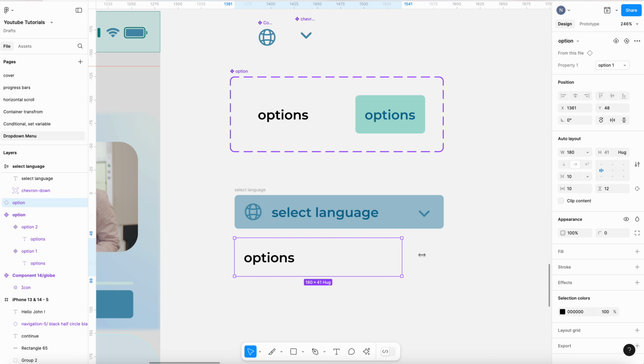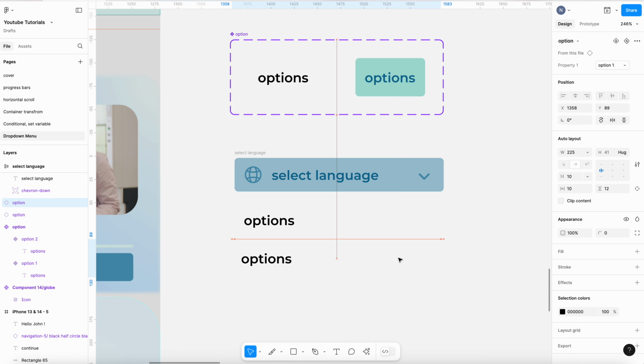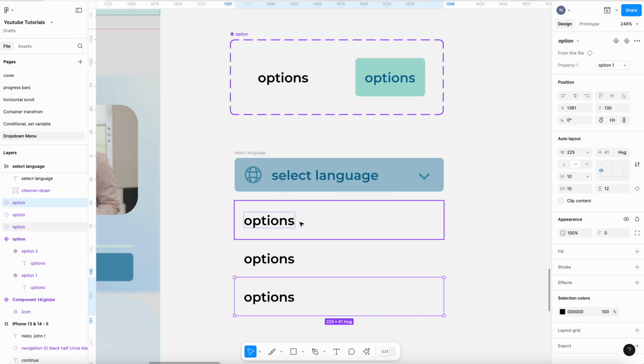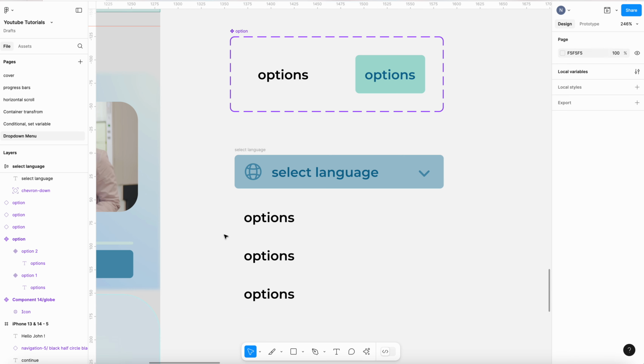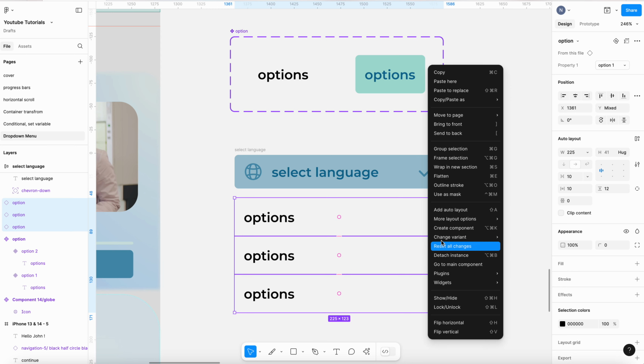Because we still need to work with our options and the interactions, and I'll just go ahead and duplicate again. This number of duplication depends on how many options the feature requires. For now it's the demo, so I'm just using 3, and I select everything and put it in a frame,